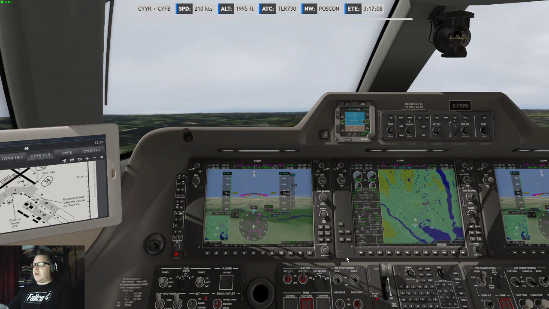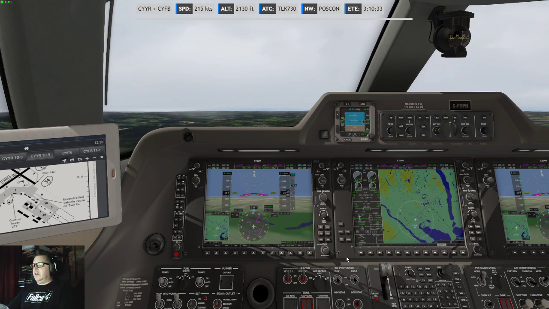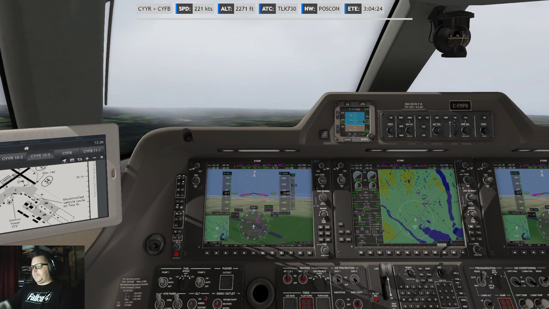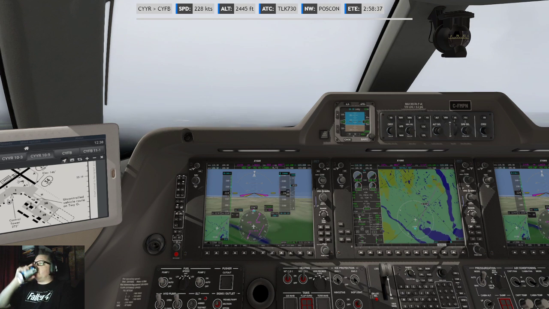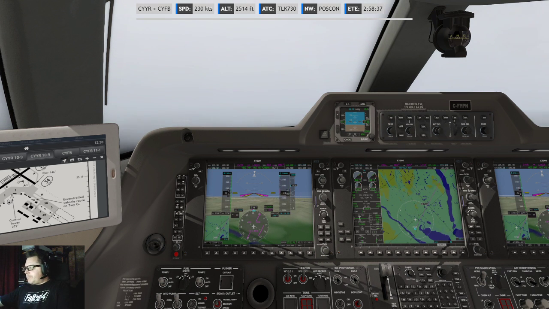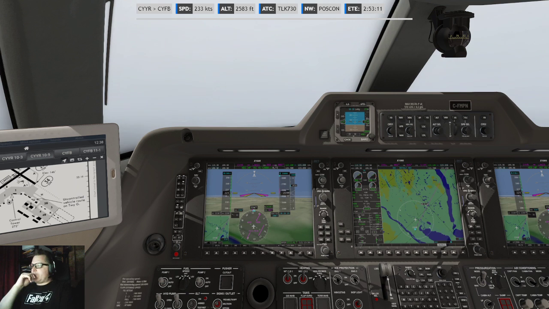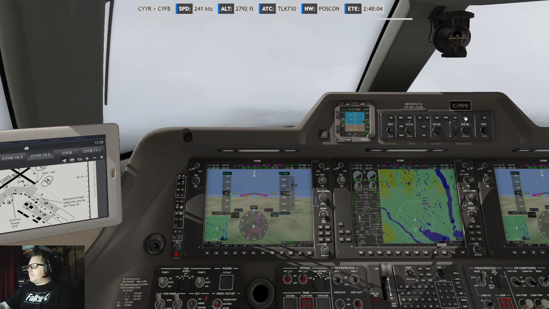Goose Bay traffic starting 7:30, 2,000, climbing 6,000, runway heading 334, Goose Bay. Whoops.